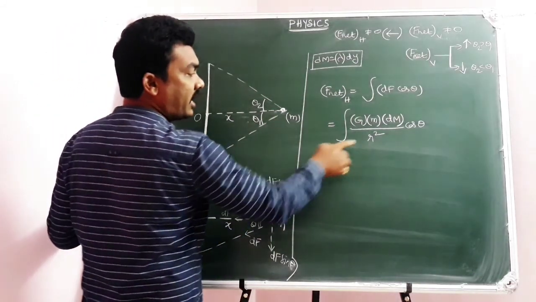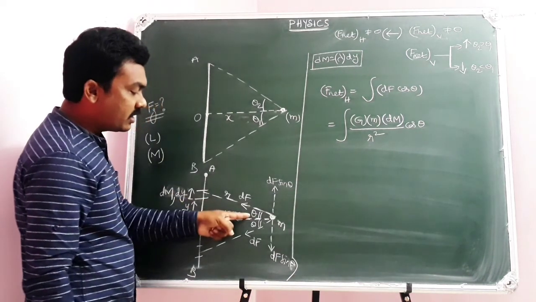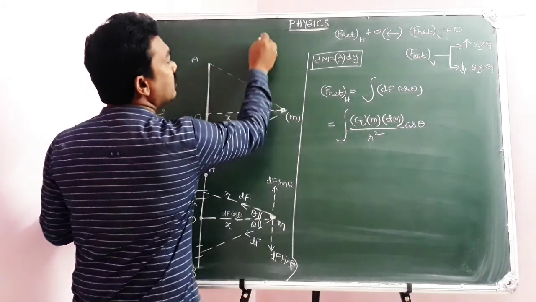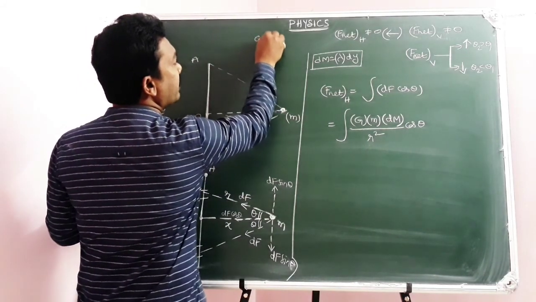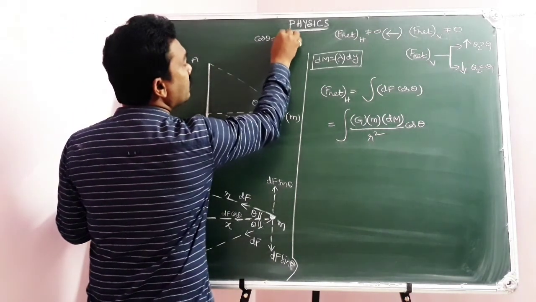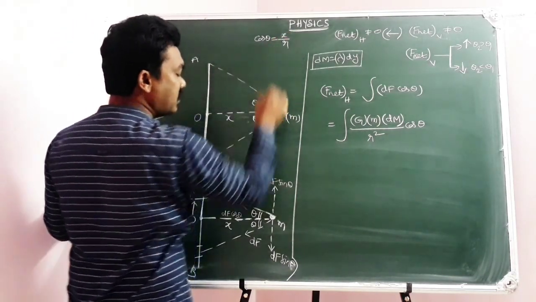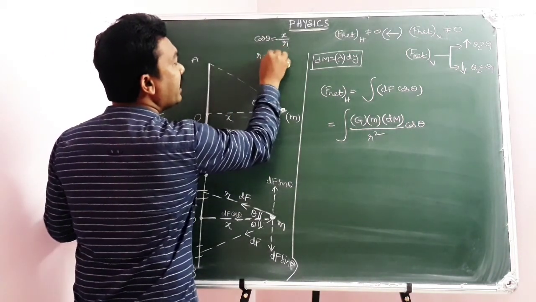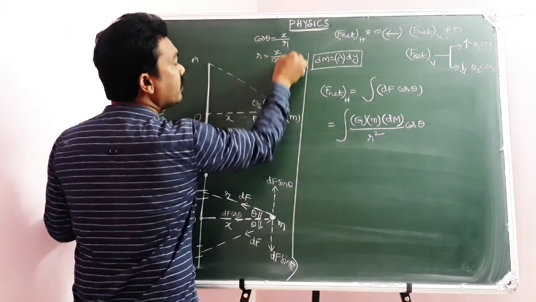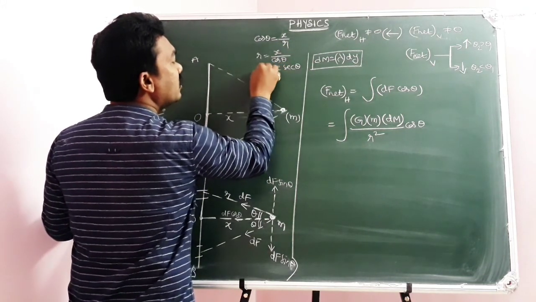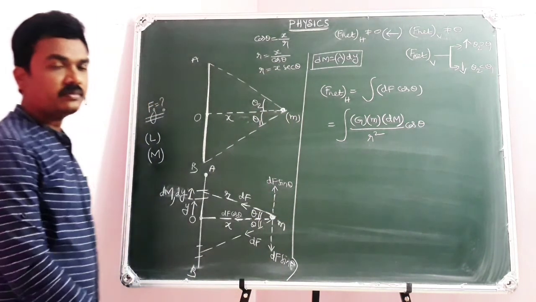As I need to substitute r square, look at this. Let me write the cos theta equation, which is adjacent side by hypotenuse. I am writing it here aside, as these are some additional points; you can write it in the margin. Cos theta equals adjacent side x by hypotenuse r. Then I can write r equals x by cos theta. The reciprocal of cos theta is secant theta, so that r equals x into secant theta.